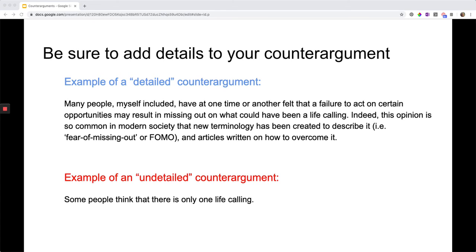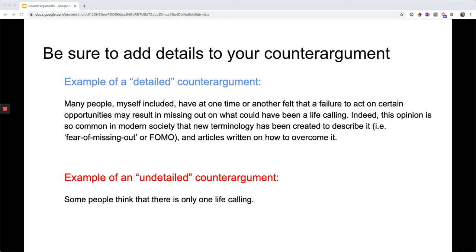And then, indeed, this opinion is so common in modern society that new terminology has been created to describe it, i.e. fear of missing out, or FOMO, and articles written on how to overcome it. So there's just that one little detail. It's not a supporting detail. You don't need any citation. You just want a short